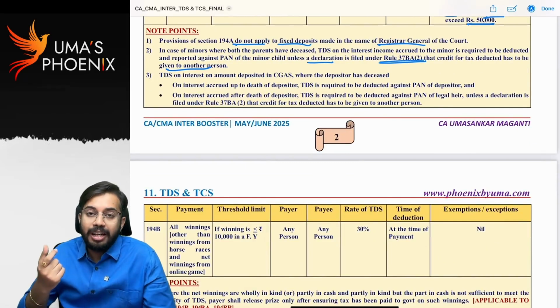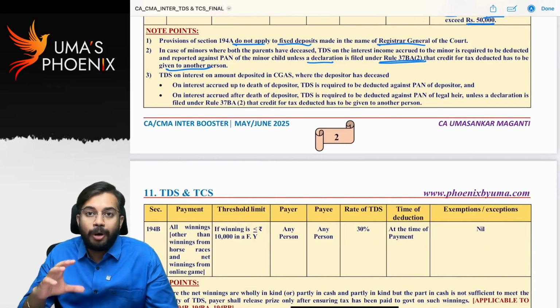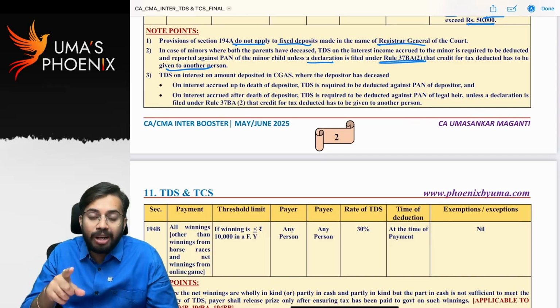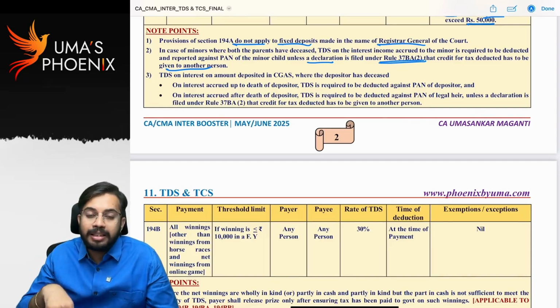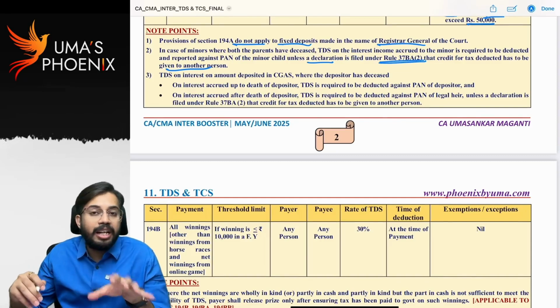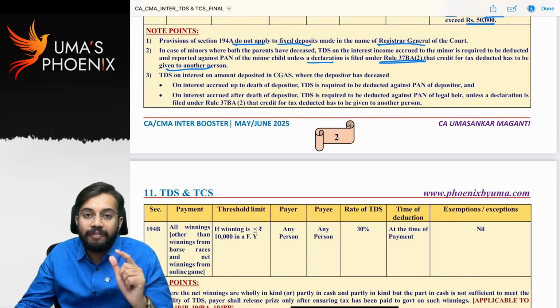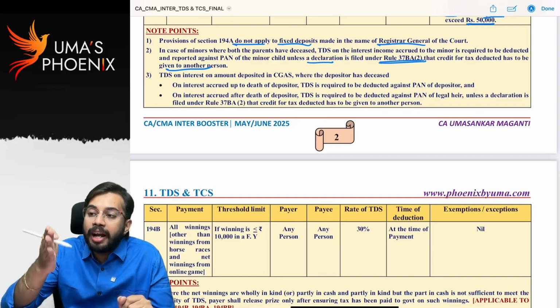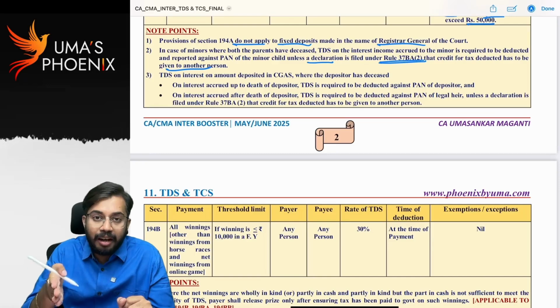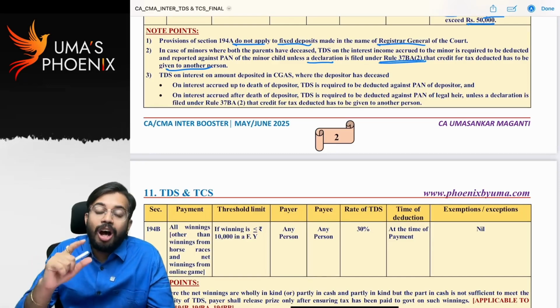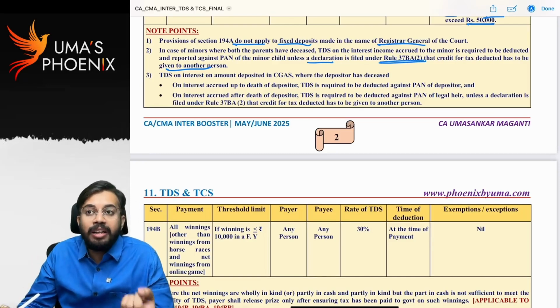Next, capital gains account scheme. We have discussed that to claim exemption, you need to deposit money in the capital gains account scheme. So if any interest is paid on money deposited under the capital gains account scheme, then TDS is required to be deducted under section 194A. For example, Mr. A deposited money in the capital gains account scheme. After depositing, in the next 4 months, Mr. A died. So up to the date of death of Mr. A,